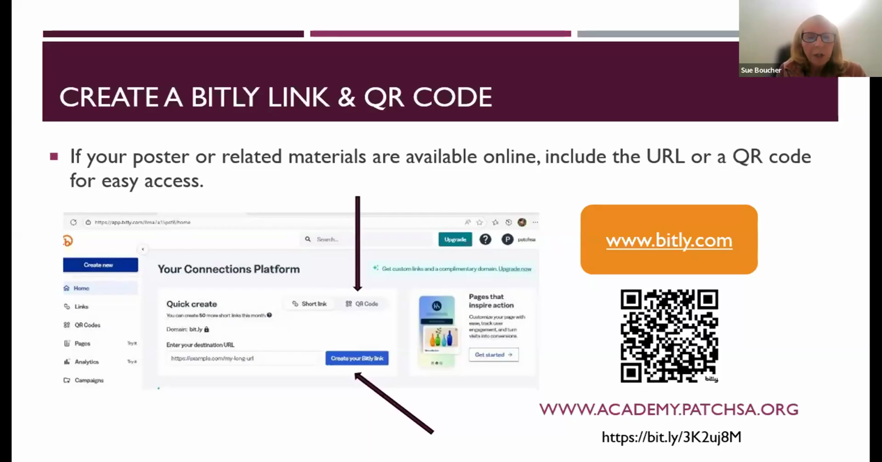If you don't know, you just go to bitly.com, and I don't think you even have to sign up, or they might ask for your email address to have an account, but it's completely free. You can put your long URL in, you can see it says create your Bitly link. You put it in there and you click, and it will give you a much shortened version of your website